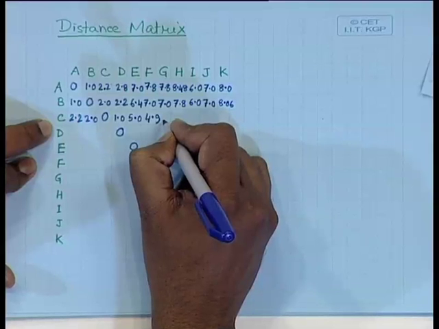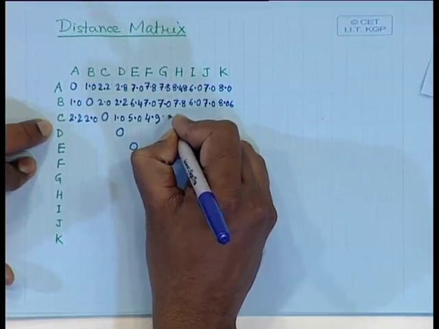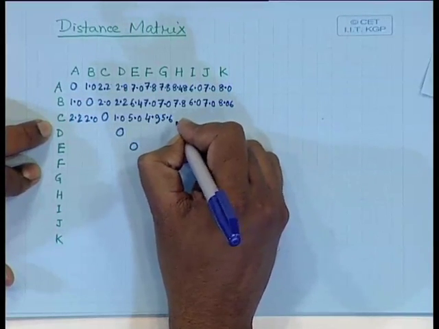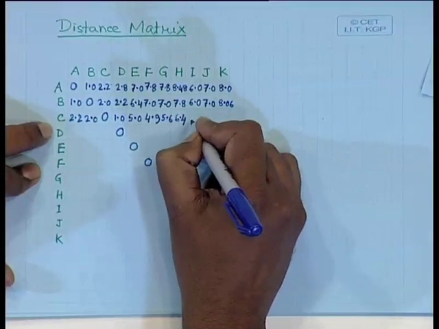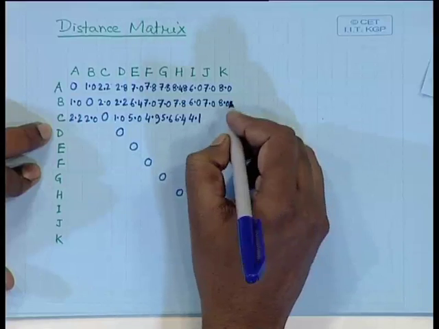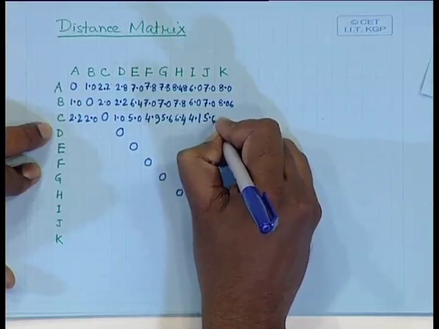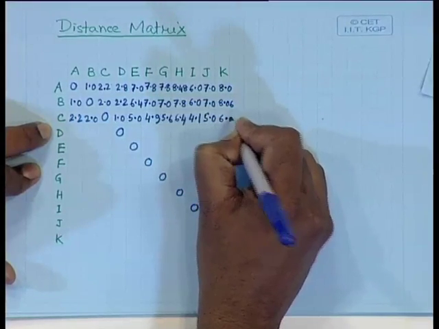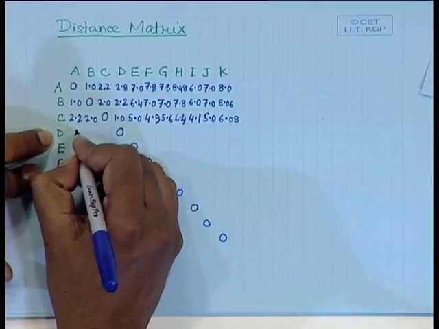Between C and G, the distance is 5.6. Between C and H, the distance is 6.4. Between C and I, the distance will be 4.1. Then the distance is 5.0, and the distance will be 6.08. Then when I compute the distance from D, it is